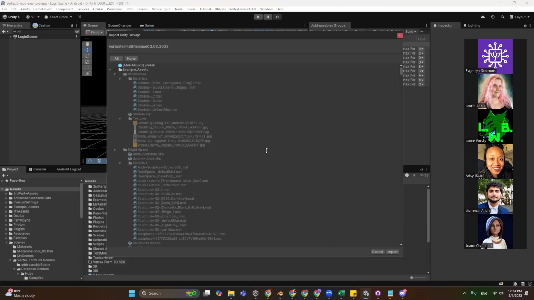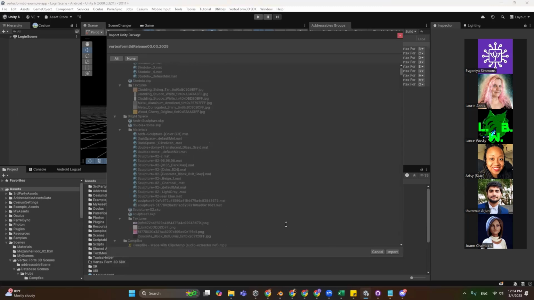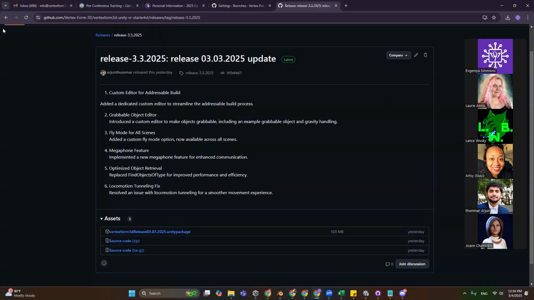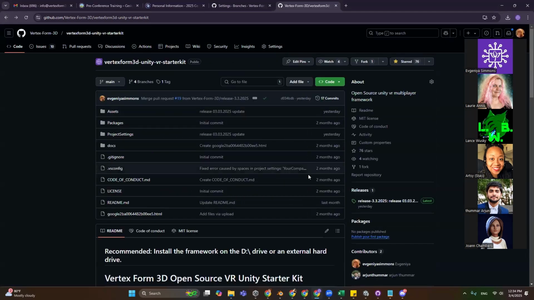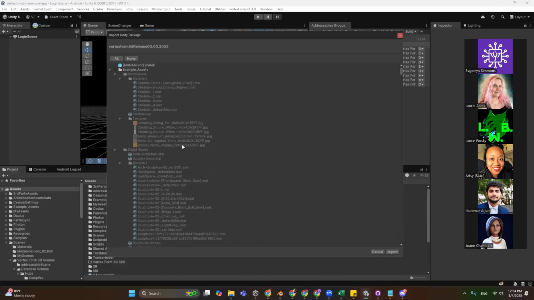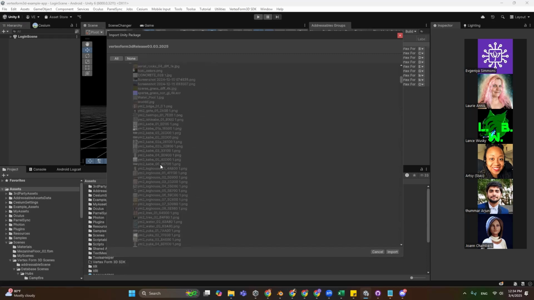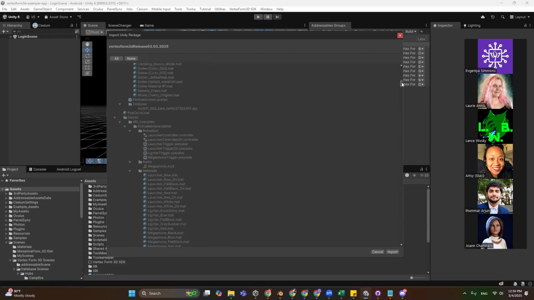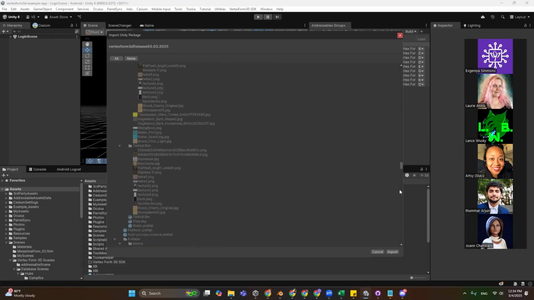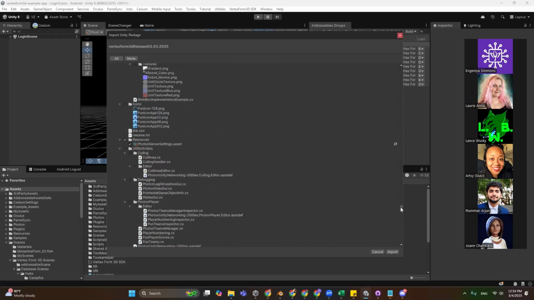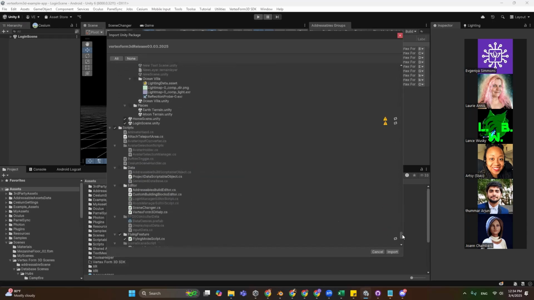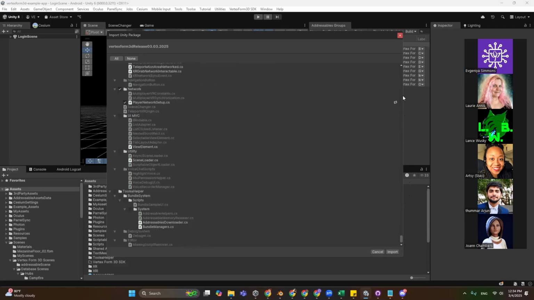And again, this is only if you already have the framework installed. If people don't have it, then they can go and download the whole thing. It's already here. So then you see all of this grayed out. So this is what you already have. So you're not going to import that again. And I have everything. So I don't have anything to import. Or maybe I do, apparently. I'm not going to do that right now. I have to check it. This is my example app. So then once you import it,